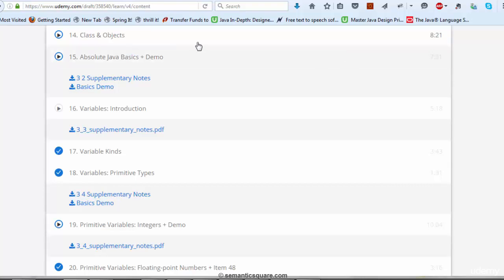particular lecture. So in this case, in the resources section, we have additional notes and also a demo program. This particular lecture has a demo. That's why we see this plus demo. So the demo program is uploaded here. In Java, it has a .java extension. So you would just download it, compile and run it. In case you see that the demo program has a .txt extension, simply change it to .java and you